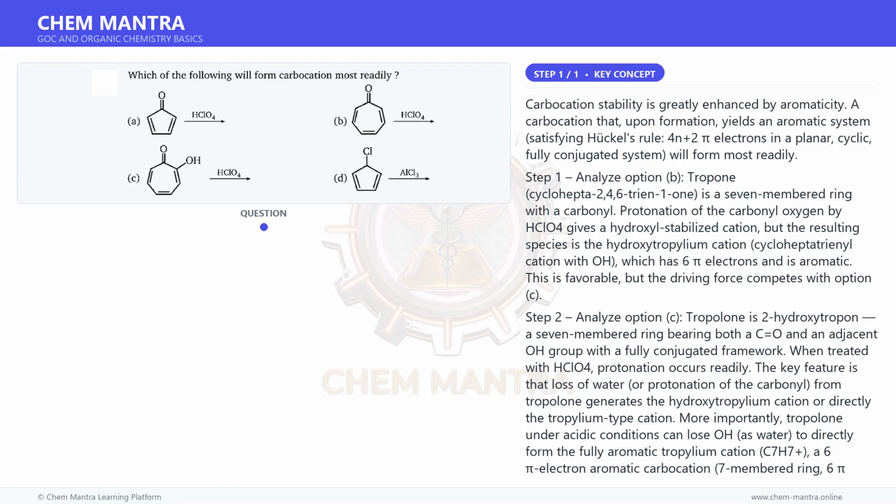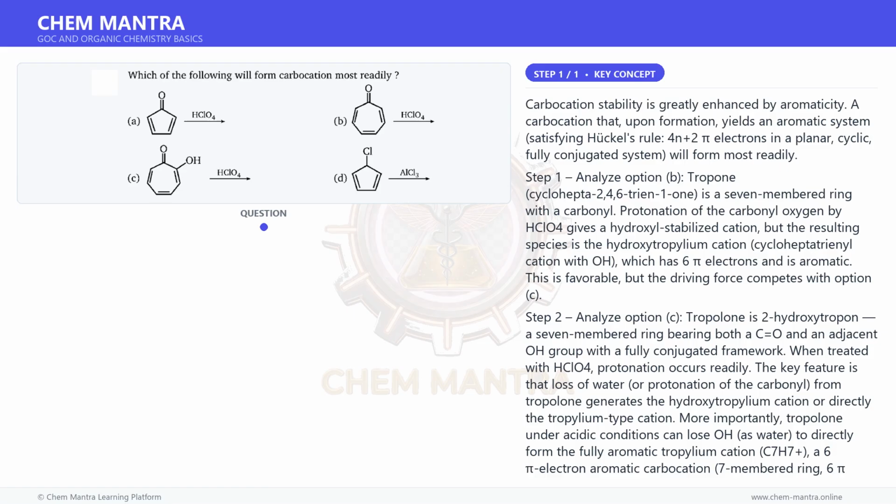Tropolone, or hydroxytropone, is a 7-membered ring bearing both a C=O and an adjacent OH group with a fully conjugated framework. When treated with HClO4, protonation occurs readily. The key feature is that loss of water, or protonation of the carbonyl, from tropolone generates the hydroxytropylium cation or directly the tropylium-type cation. More importantly, tropolone under acidic conditions can lose OH as water to directly form the fully aromatic tropylium cation,